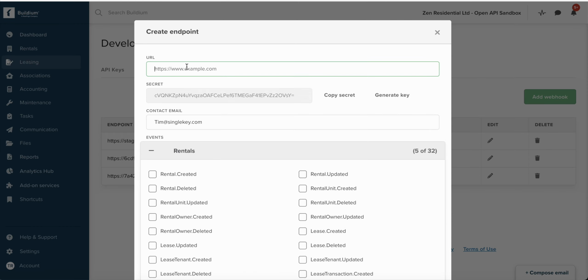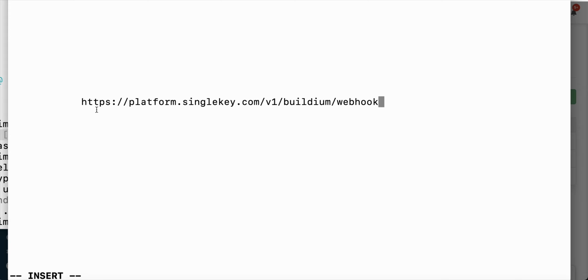And then you're going to save the URL here. There is a secret, and for best practices, if you could record that secret when you create the webhook, we can use that to validate incoming requests just to make sure there are no malicious actors out there. The actual URL that you will be pointing the webhook at for production is https://platform.singlekey.com/v1buildium/webhook. So those are the two items I need to get set up in production, and if you have any